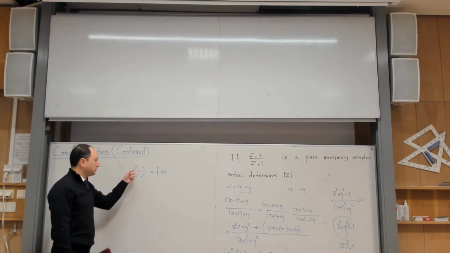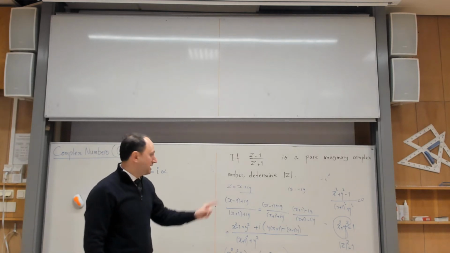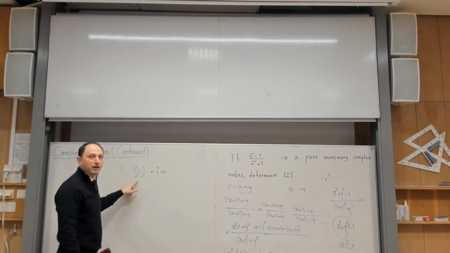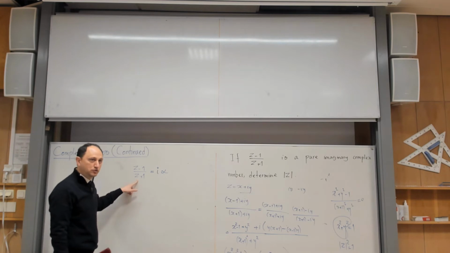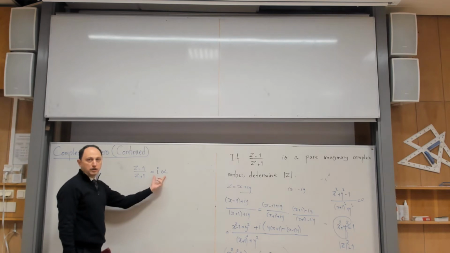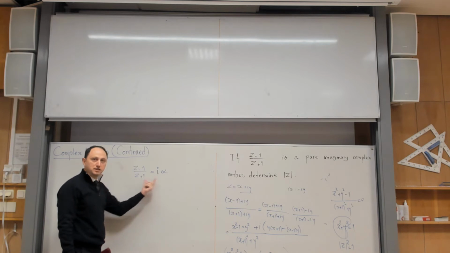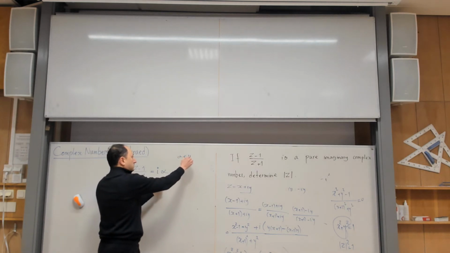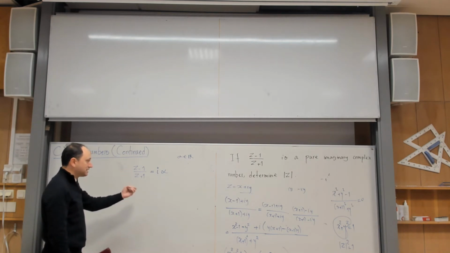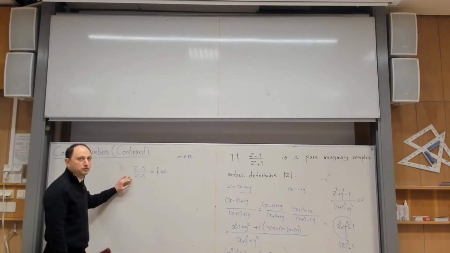And then what they do, they find z. This is a strange logic, because this is the natural logic we have to do. But if you have more experience, you might find these kinds of shortcuts. They are better solutions. So when you say this is an imaginary number, do you understand that is correct? If you ask me what alpha is, I don't know. But I know that this number, whatever it is, is i alpha, where of course alpha is real. Yes? And then I will try to find z. These skills at this level you should have. Finding z shouldn't be a problem for you at all.